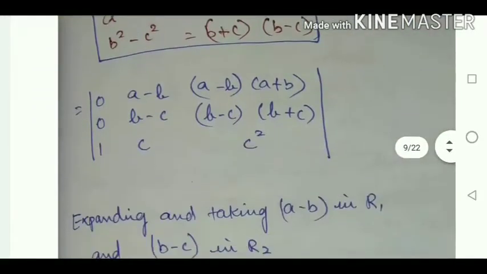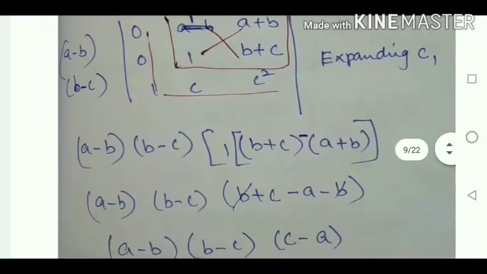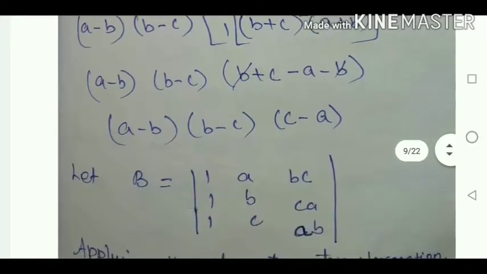Now you have to find it in the same way for the second matrix. Let B equal to, because I split the matrix into 2 parts. For the first part I found the answer a minus b, b minus c, c minus a. So the second part also we have to find. Both answers, the matrix A answer and the matrix B answer, are subtracted in order to find the final answer.